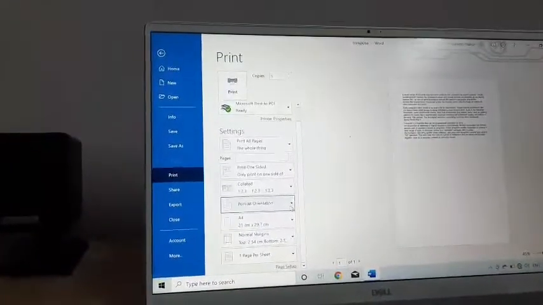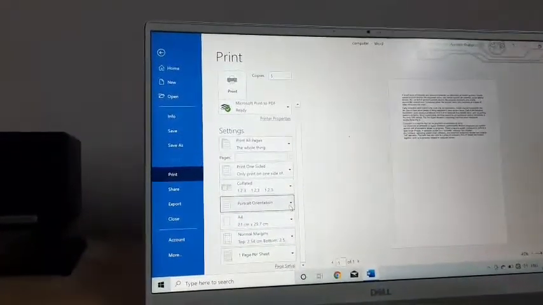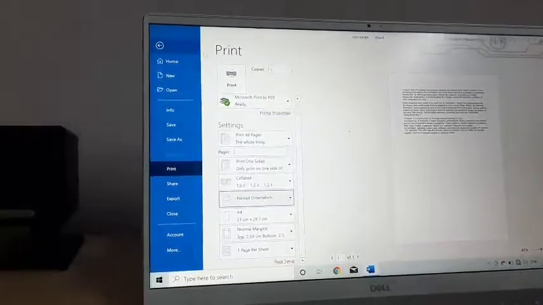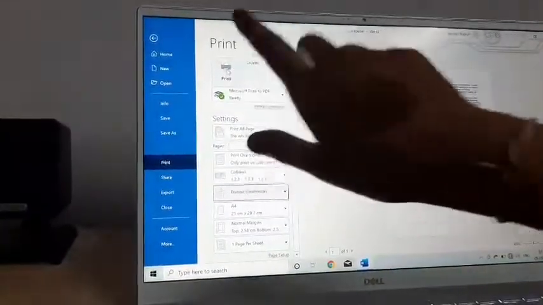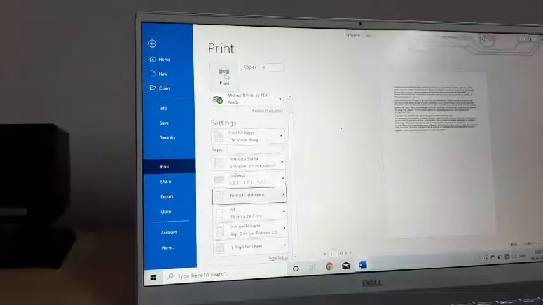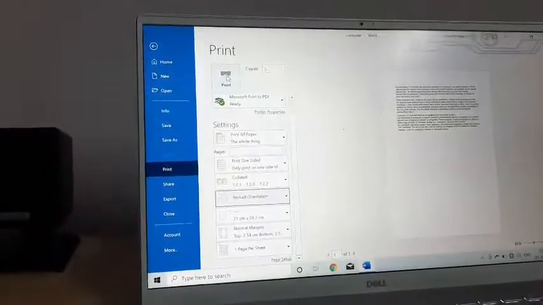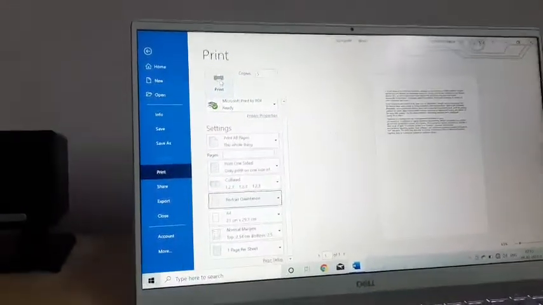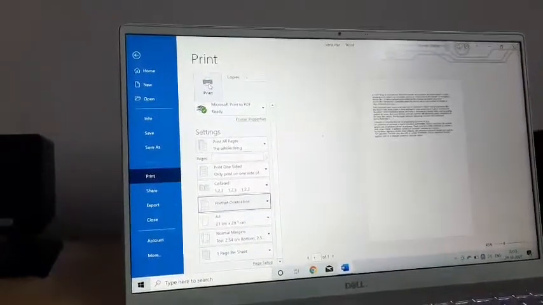Simply by doing this, at the last you will click on this Print button, and you will get the print from the printer. You can change the settings by clicking the drop-down buttons.